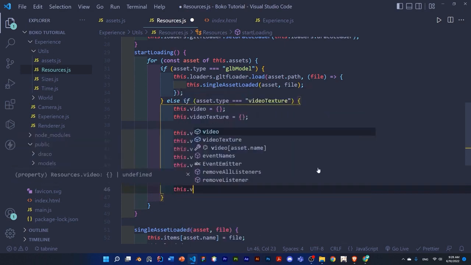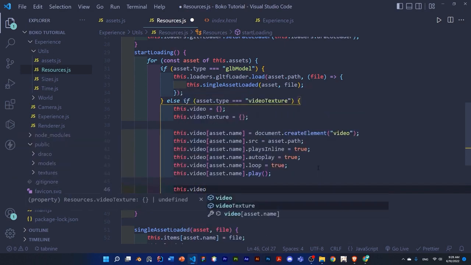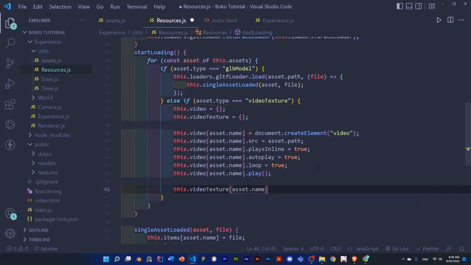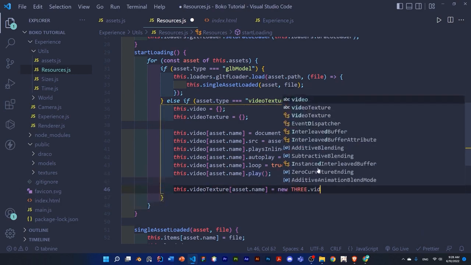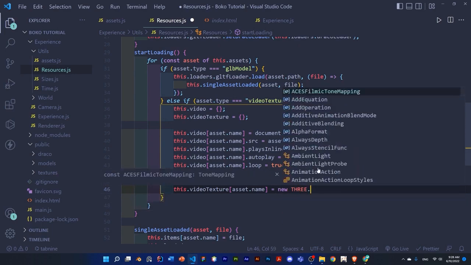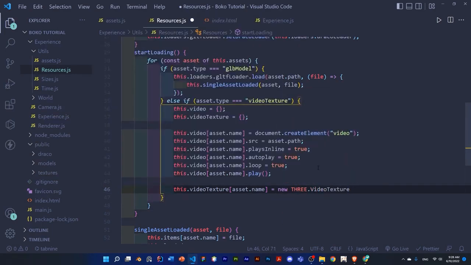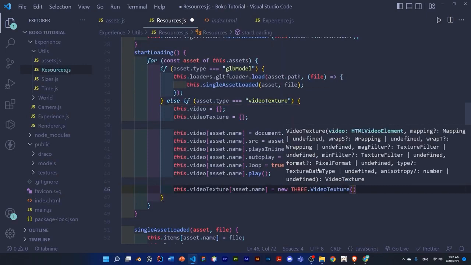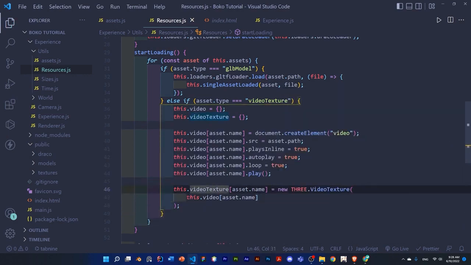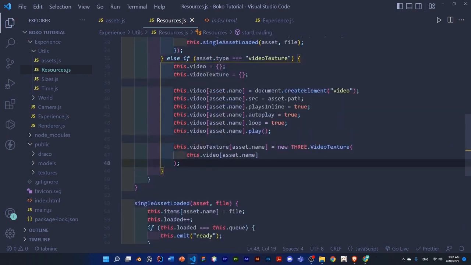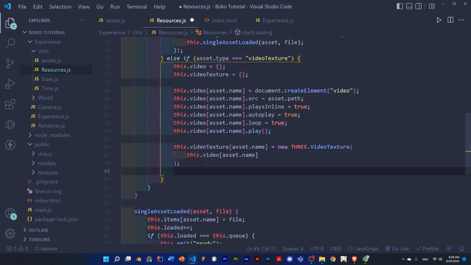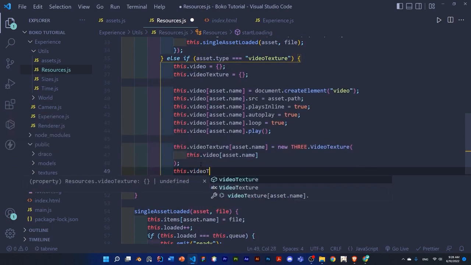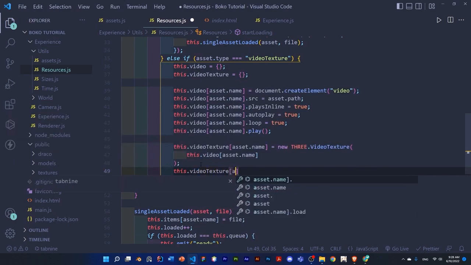So this.videoTexture, we'll pick that asset name again, and I'll put new THREE.VideoTexture. And then we can just pass in our video, which is going to be this.video[asset.name]. This will be our div element. Then let's set some stuff for a video texture. So I'm going to do this.videoTexture[asset.name],